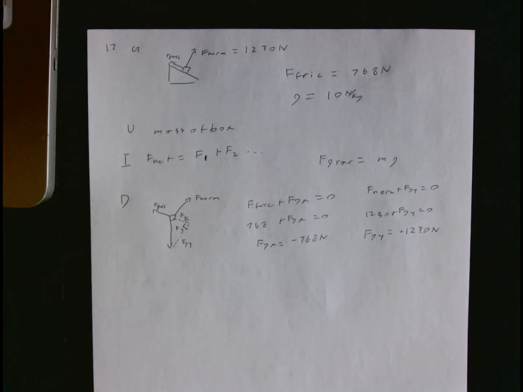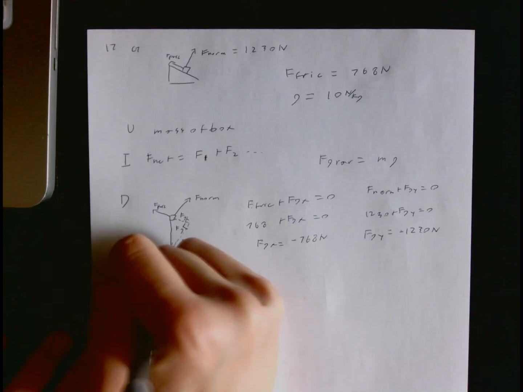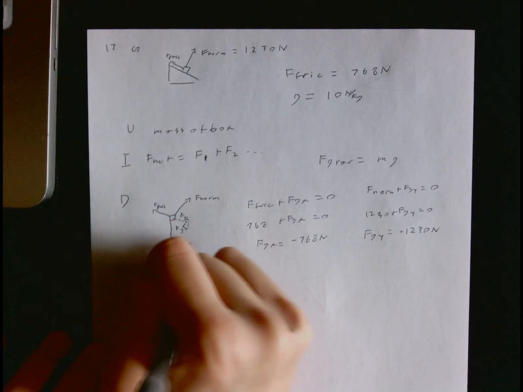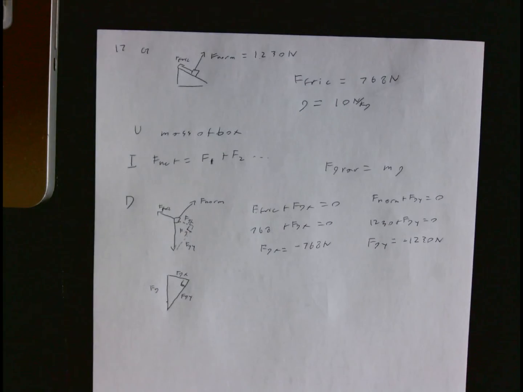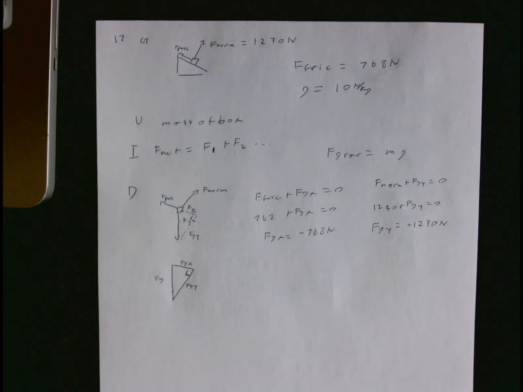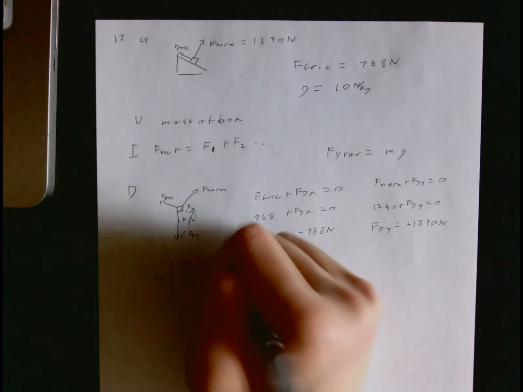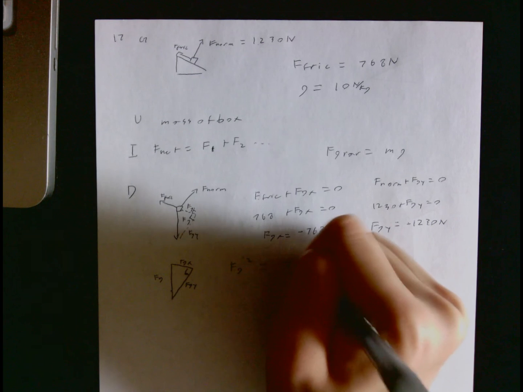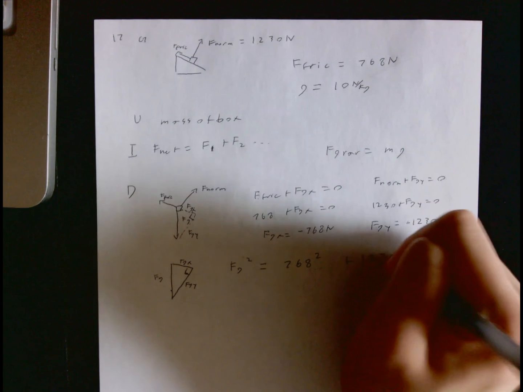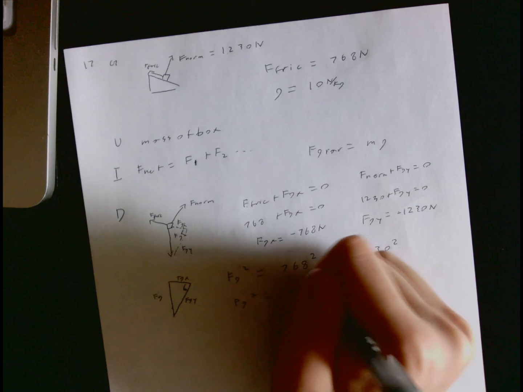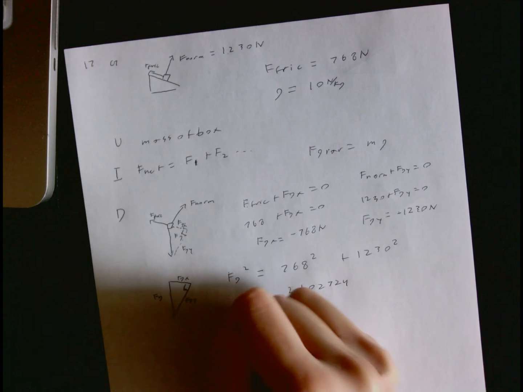And so, in order to solve for Fg itself, since FGX and FGY are perpendicular, this creates a right triangle, although it doesn't look like one because of the art. And so you can just use the Pythagorean theorem to solve for the force of gravity. And so Fg squared will be equal to 768 squared plus 1,230 squared, or Fg squared is equal to 2,102,724, or the force of gravity is about